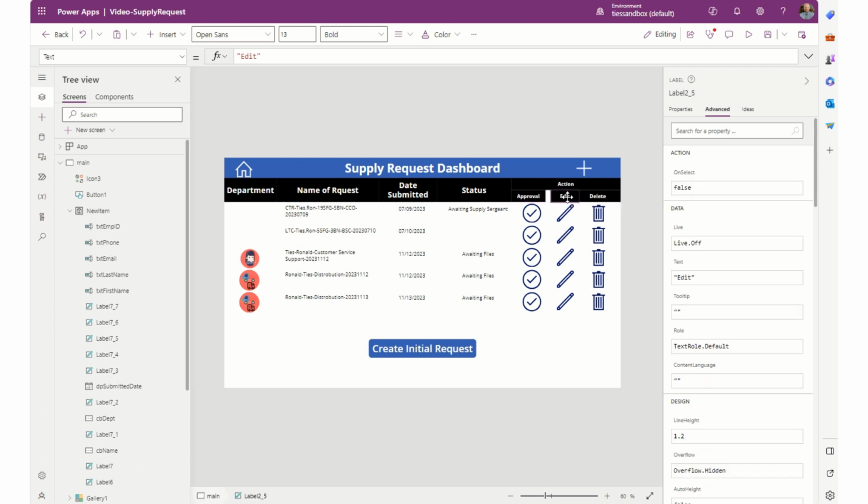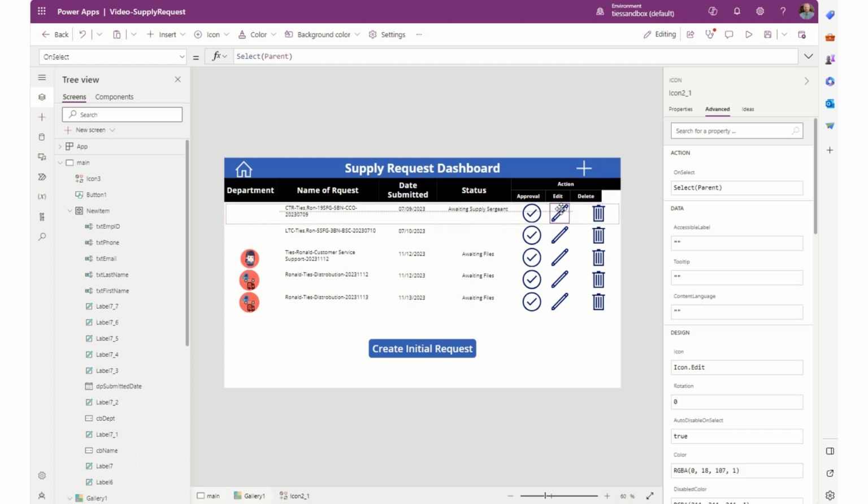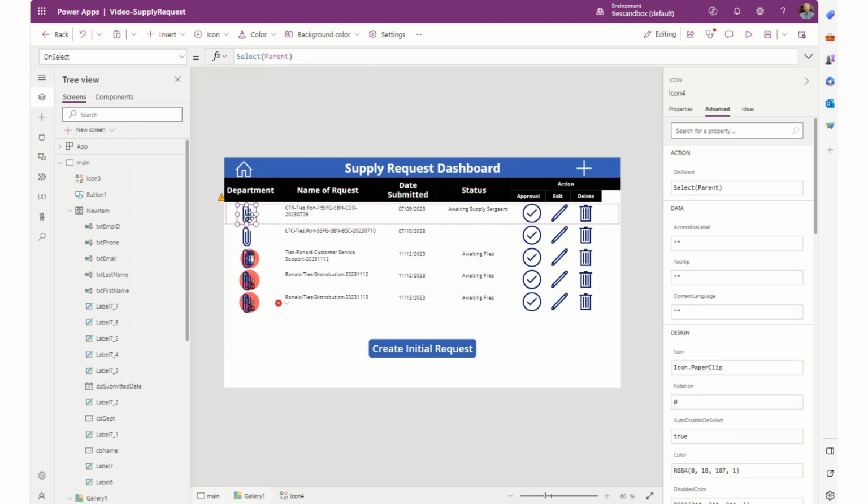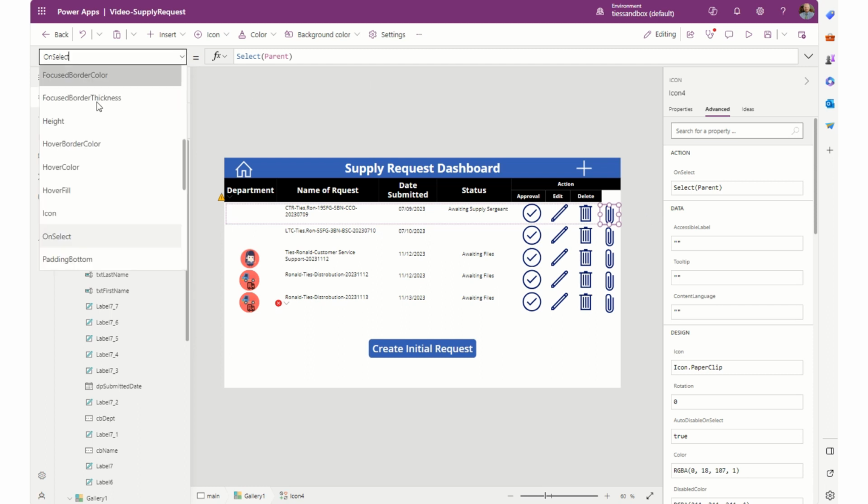Move him up, slide him over, slide him over, select this, that there, that there, and then I'm going to insert a paperclip icon in there, so go over here, and on the visible,